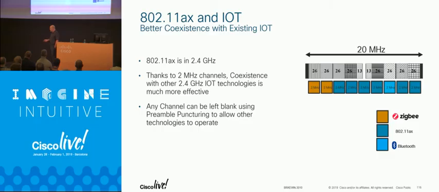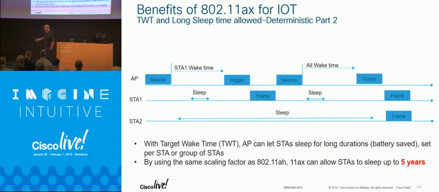802.11ax and IoT, well, you got preamble puncturing, and I actually have the ability with Clean Air to tell you what it is. I can tell you if it's Zigbee or Bluetooth, and we could actually do some good mapping here, so I'm still bullish on PD. TWT, everybody's heard a lot about the long wait time, and this is what most people attribute the battery savings to, is that now, using 802.11ah rules, with OFDMA, I can tell you it's okay to sleep for 5 years.